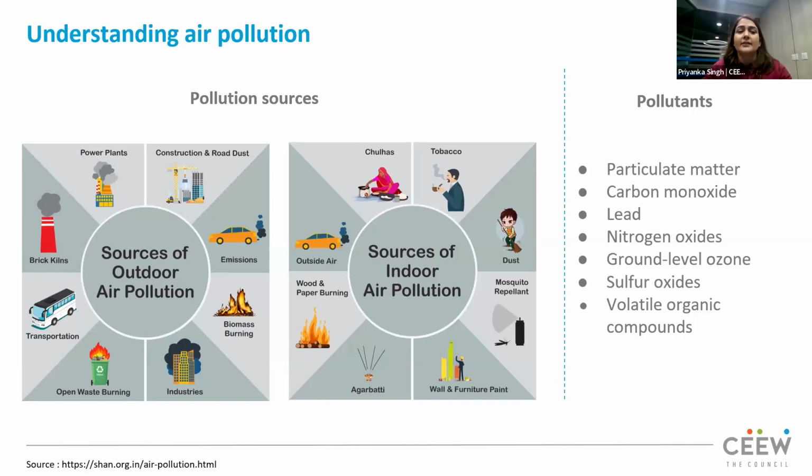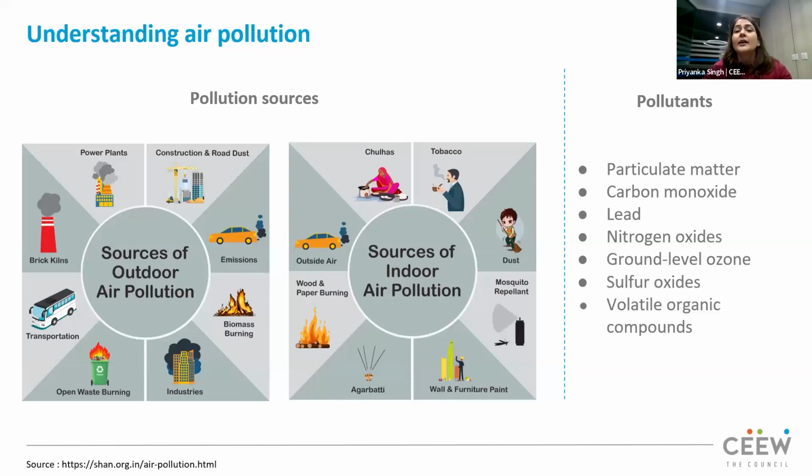The sources which are generated outdoors are called sources of outdoor air pollution, and these include the major critical ones like power plants, brick kilns, transportation, open waste burning. And the sources of indoor air pollution, while it might not be very visible to everyone: a tobacco smoker will think that it's the impact that he will have on himself, but he's actually polluting the environment. There are sources of indoor air pollution like domestic cooking using chulhas and solid fuel. There is dust, which emanates when we do the brooming, and that is also a source of indoor pollution. This is some categorization that I wanted to highlight before we move further with the actual definition of hyperlocal